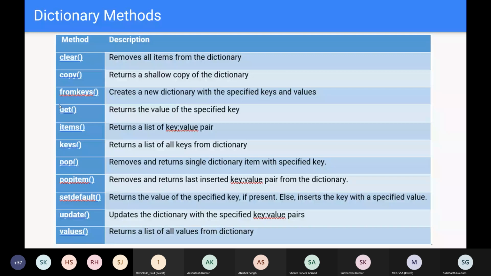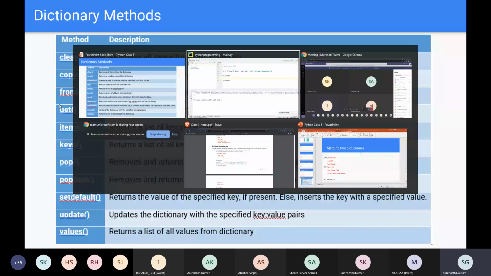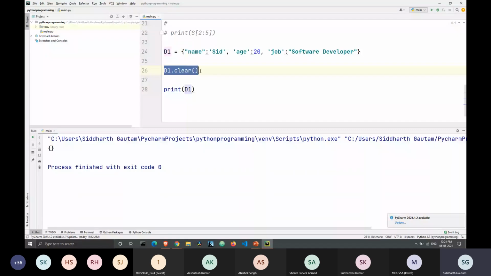Excuse me, sir. Yes. When you say d1.clear, are you still going to write print d1? Yep, I have to write print, because when I write d1.clear, this is when my dictionary has been deleted. But how do I know that my dictionary has been deleted? I have to print my dictionary, right? Only then I will know if it has been deleted. Okay.